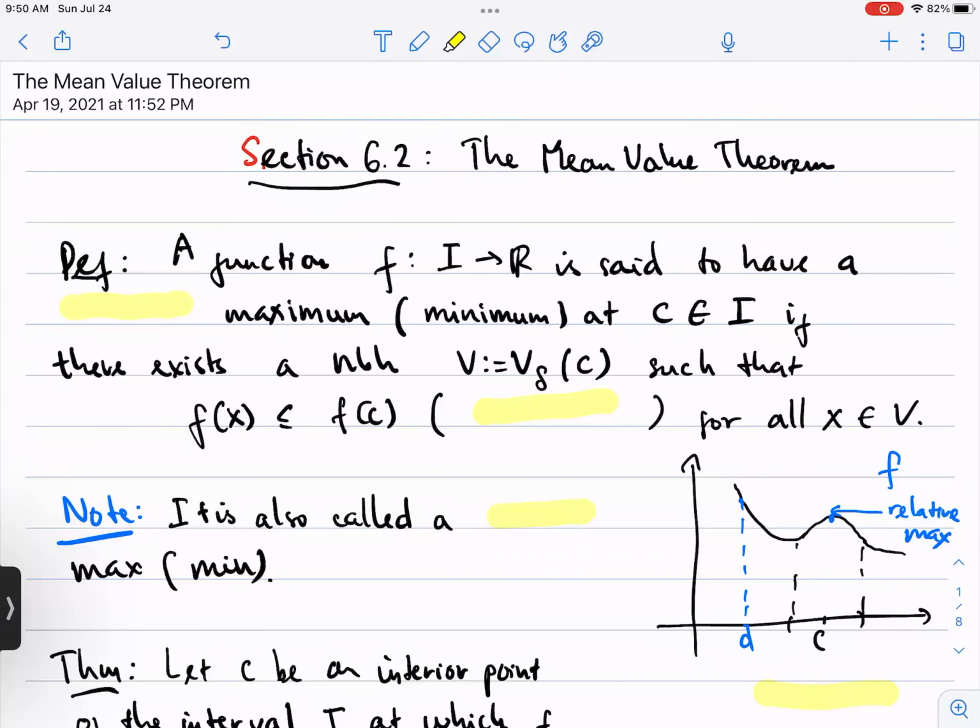Hello everyone. Today we discuss the mean value theorem. So we start with a definition. A function f from some interval I to the set of real numbers